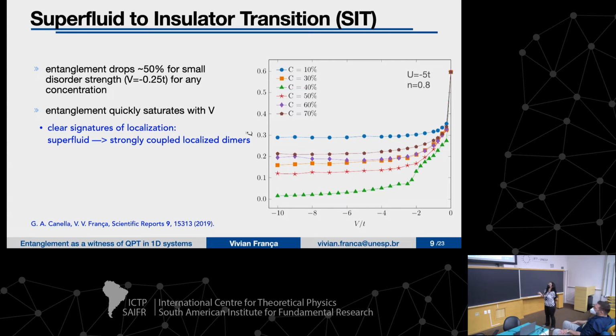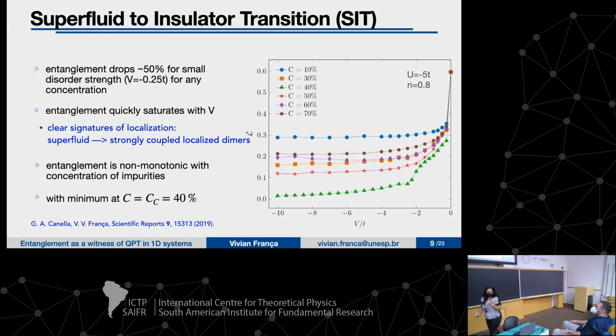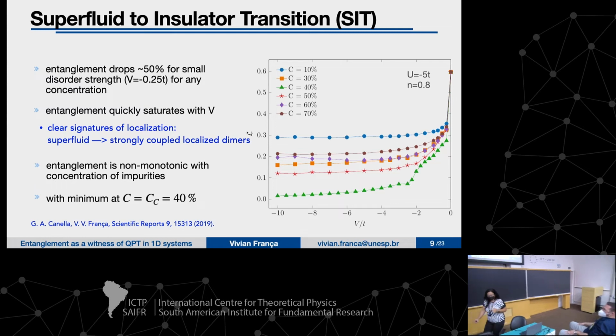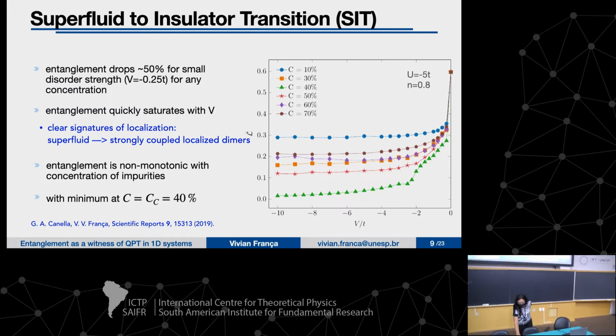But the point here is this green curve. First, notice that if we start with the blue one and increase the concentration, it will start to come here from blue to orange to green, and then it comes back, so it's non-monotonic with the concentration. And the green one is the only one whose saturation value of entanglement reaches 0. All the other cases reach some finite value for entanglement. Also, there is something here in the green one for very small disorder potential that's not there for the other concentrations. So to try to understand that, let me start with the fact that it reaches 0